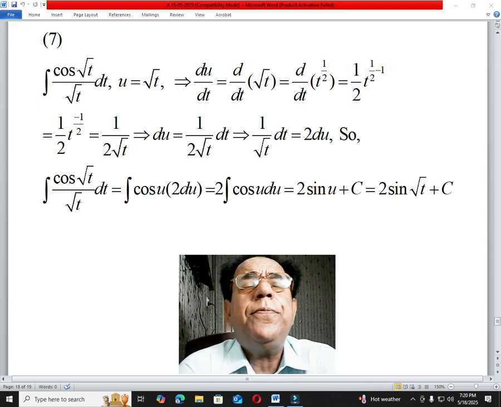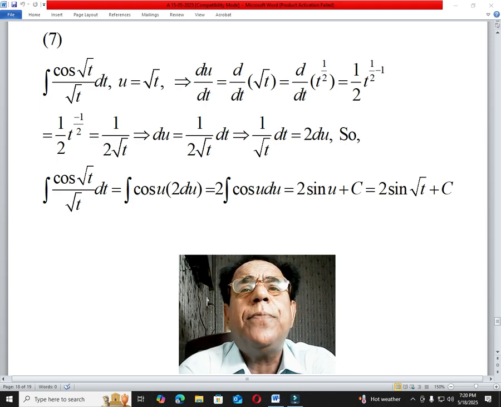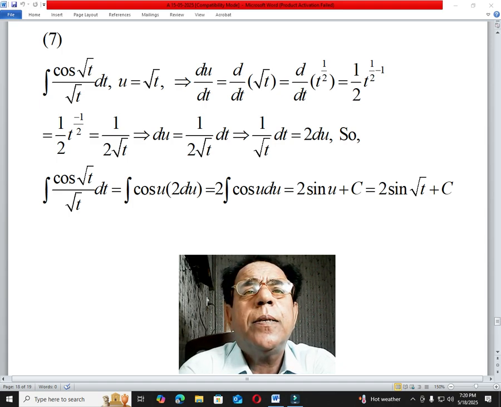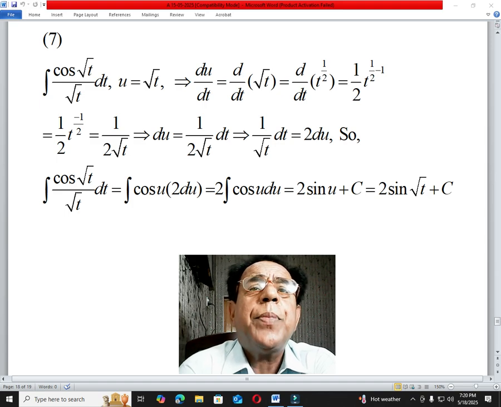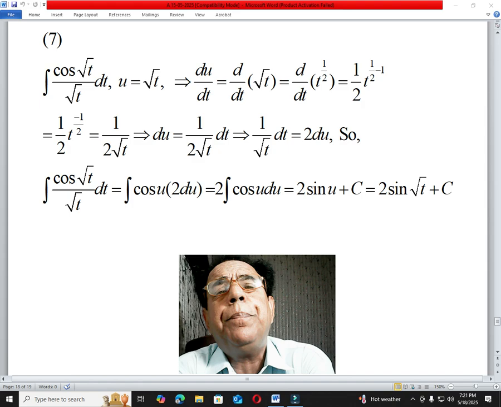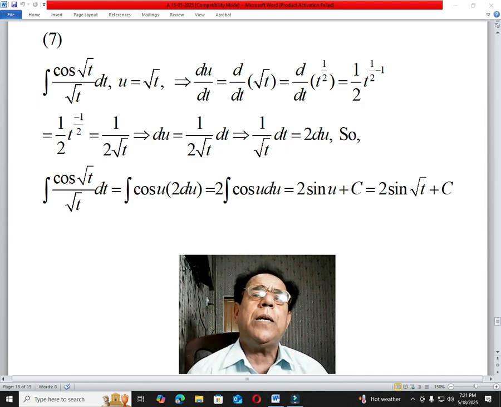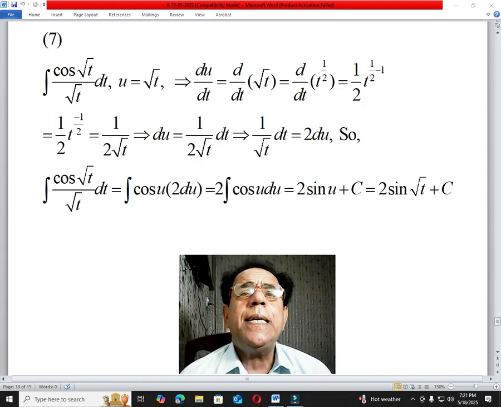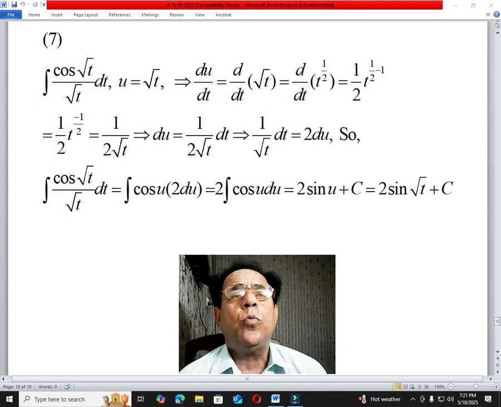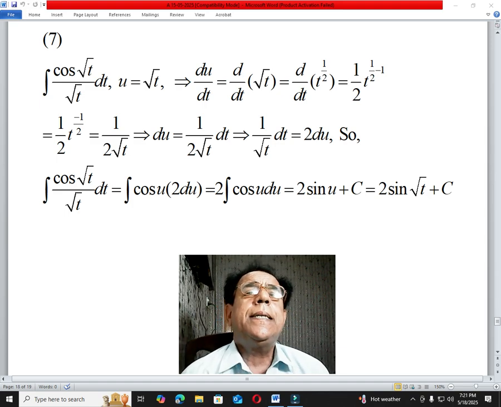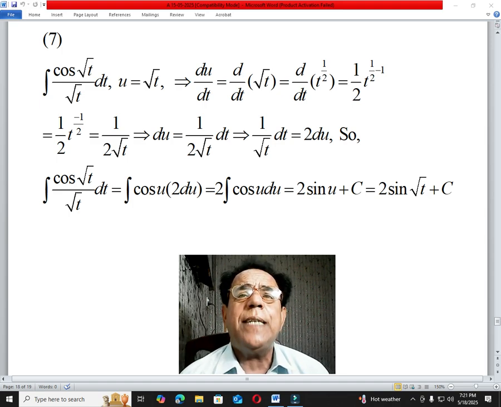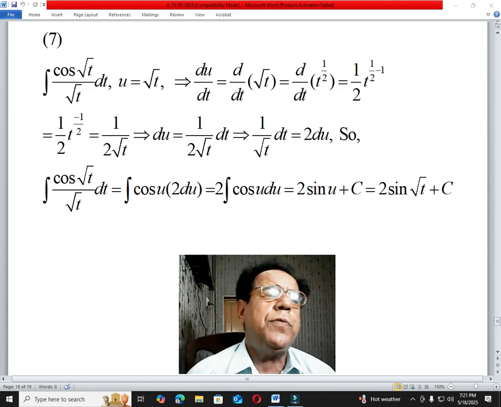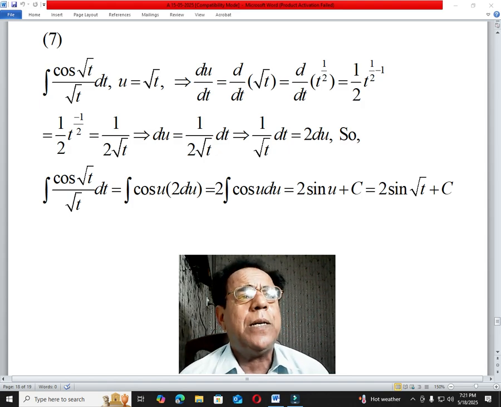So dear students, 1 by 2 minus 1, yes, this 1 by 2 appears as a multiplying factor, that is to say first 1 by 2, then t raised to power 1 by 2 minus 1. And in the next step, since 1 is greater and half is less, minus half will be the result of this subtraction. So we will get 1 by 2 t raised to power minus 1 by 2,